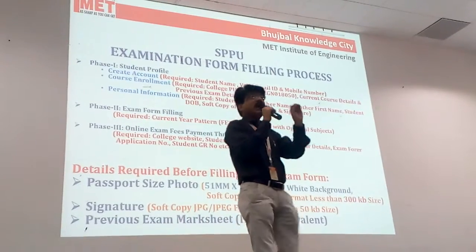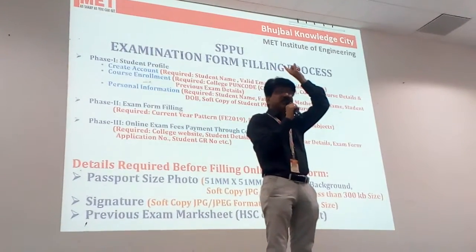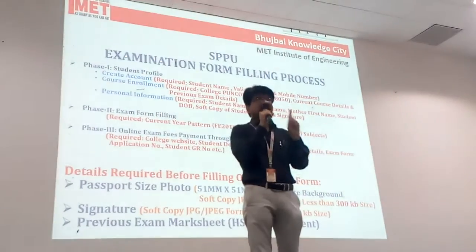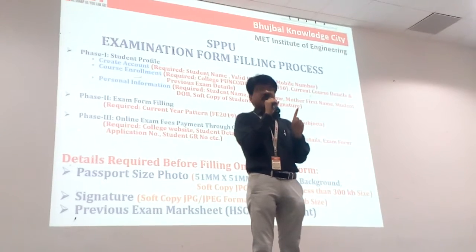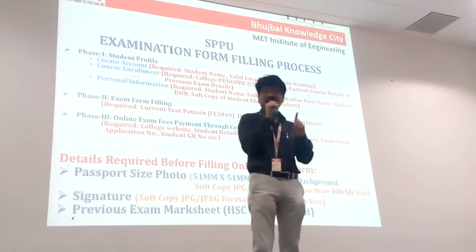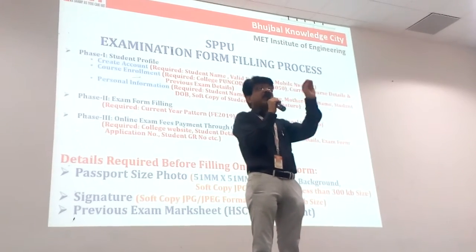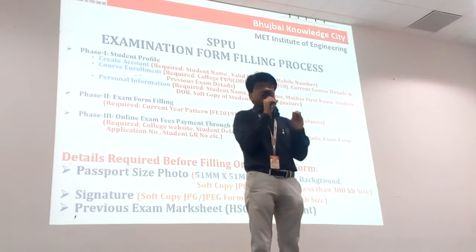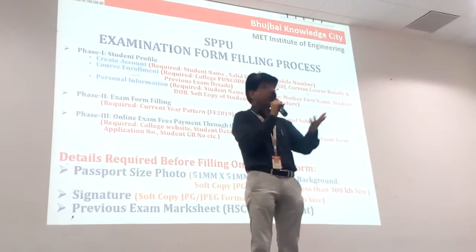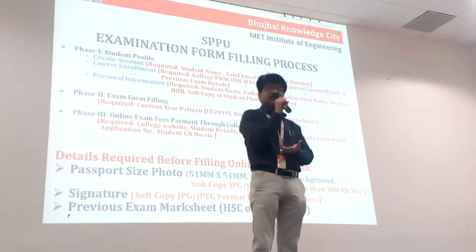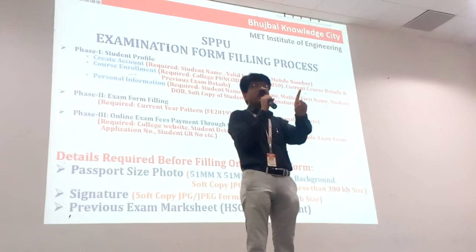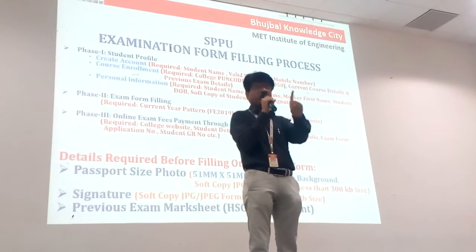This photo will come on your final mark sheet. So the photo must be of good quality. And for that, some conditions are given by the university. The size of the photo must be 51 mm by 51 mm, that is 1 inch by 1 inch, and a plain white background. Because I saw many students took selfie photos on the mobile and uploaded them in the account. Is it clear? So it is a mandatory condition. If you have a good quality photo with a plain white background, then it is okay.